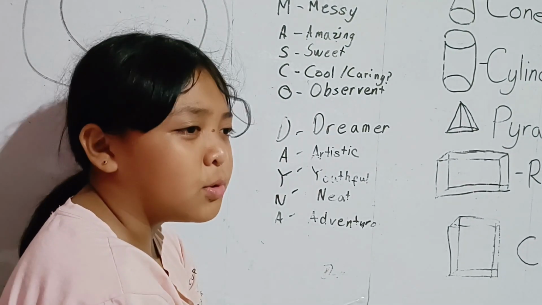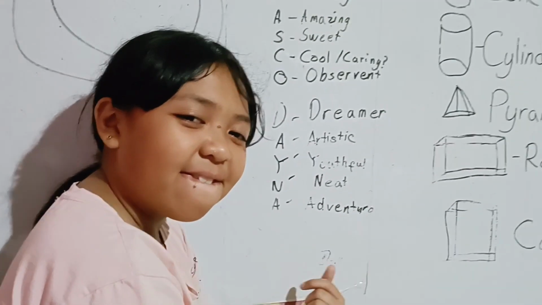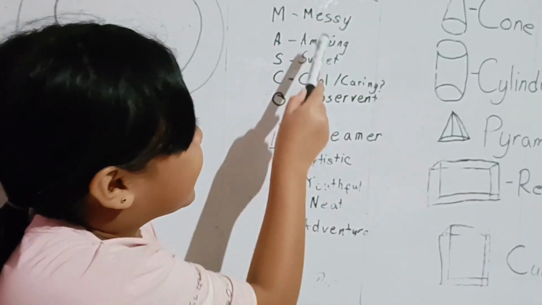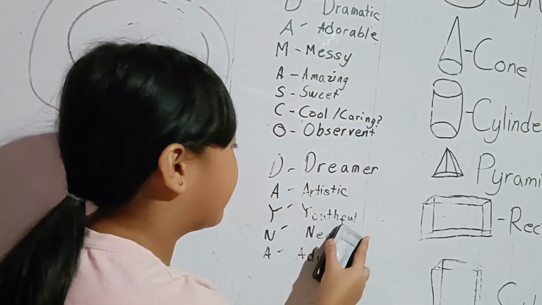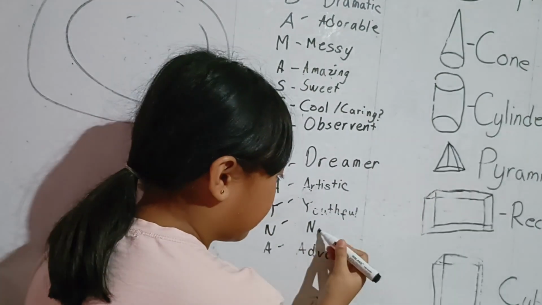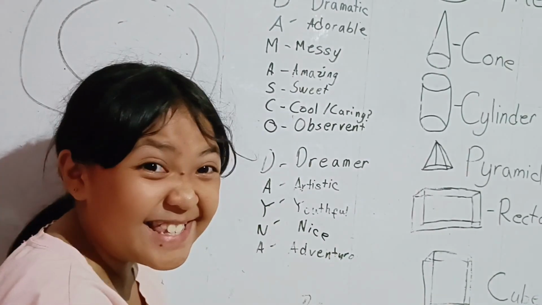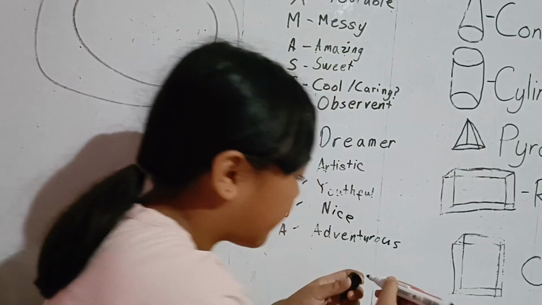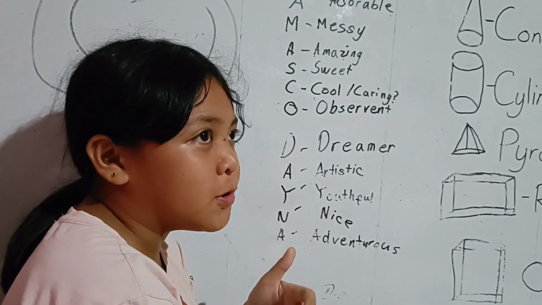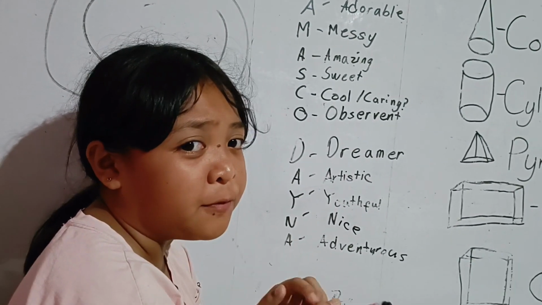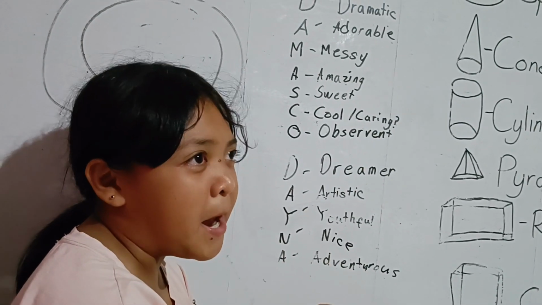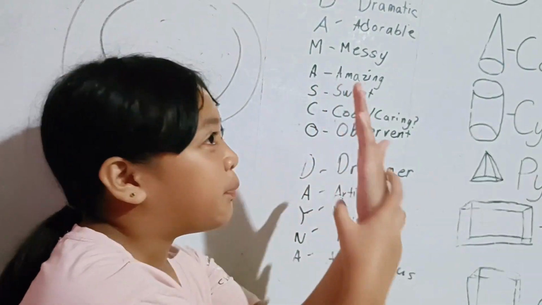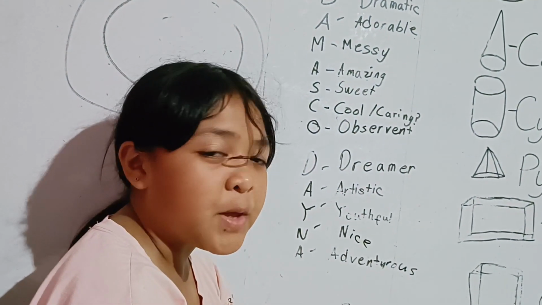Youthful? When you say youthful, you are young. I'm so young. And N for neat, no, we're gonna erase that. You said messy. That is what you want to be, neat. Nice. So A for adventurous. Why did you say that you're adventurous? Sometimes when we go to some places, I always explore them, even if I'm far away from my parents. But I just come back to them very quickly. And if I have my phone, I keep on taking pictures around them. And if I spot something on the phone,